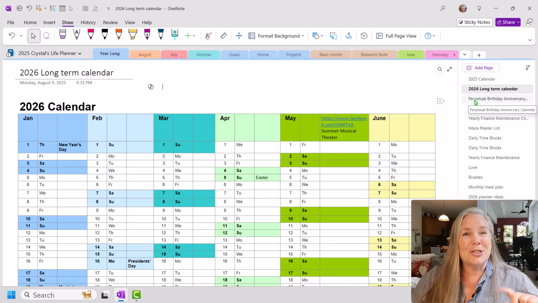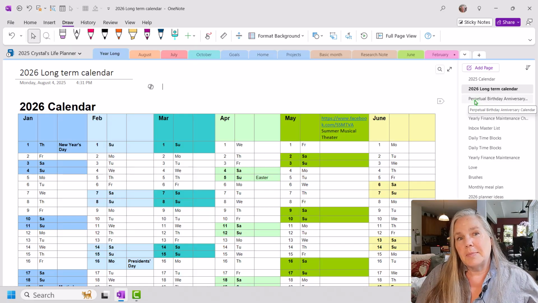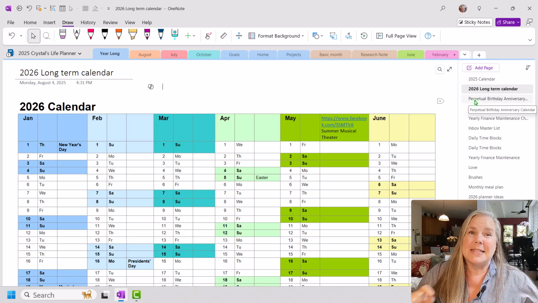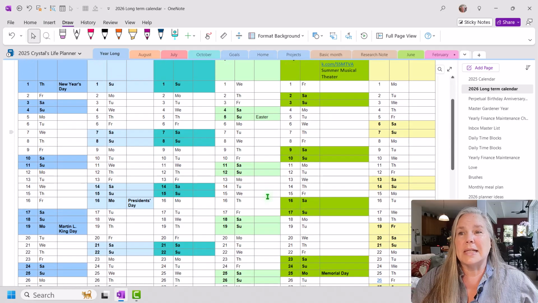So in addition to birthdays and anniversaries, I have a lot of ideas. And as I was brainstorming, I kept thinking about other things. Some people have kids in school, and some people have pets, and some people have this, and some people have that. So I'm going to say to you today, pick and choose what you need, those ideas, and leave the rest alone. Let's go ahead and get some things on this calendar.